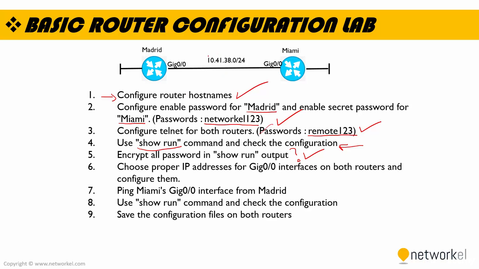As you can see, the network ID in here between Madrid and Miami routers is this one. My network ID is 10.41.38.0/24, which means that I can use the address space